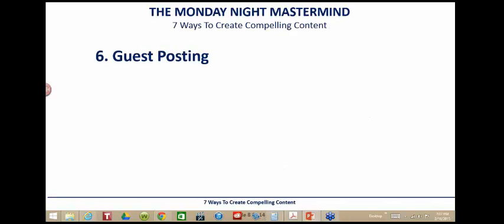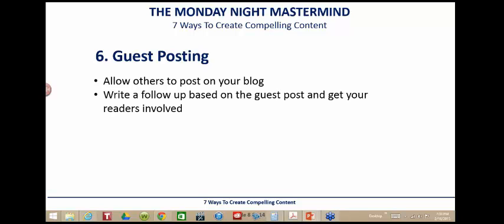Guest posting. That's a great way to get other ideas, is if you ask others to write a blog post on your site. That way you're going to get others' input or others' ideas on the topics that your service or product is about, and they'll be able to post that on your blog, and then you can write a follow-up to that. That can help you with other ideas by having others write on your blog, and you'll be able to use that to write on their blog as well.